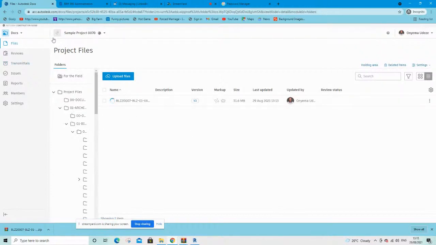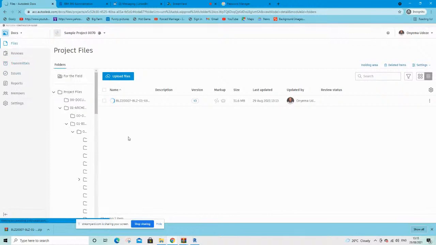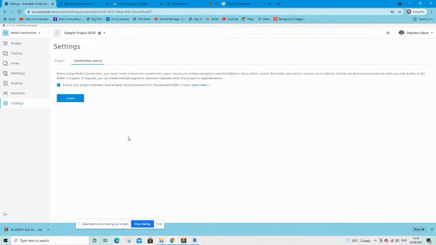And then there's also one last module. Maybe I'll come back to this when it's done processing. There's one last module here called module coordination. For this one, it basically allows you to see where you have clashes between different modules you have on your project, right? So to set it up, it actually takes a lot of steps that you need to do, because you need to set up